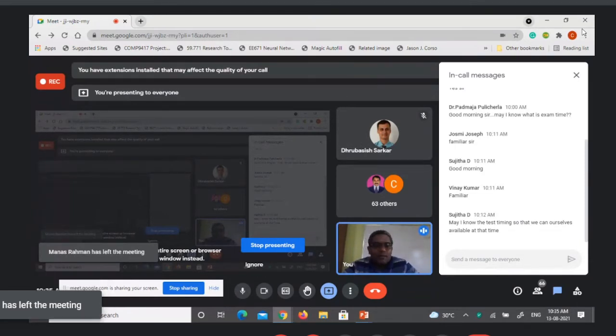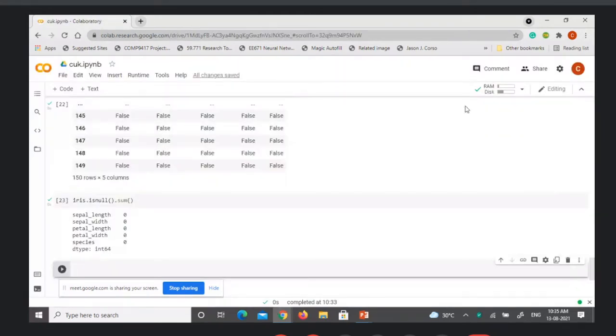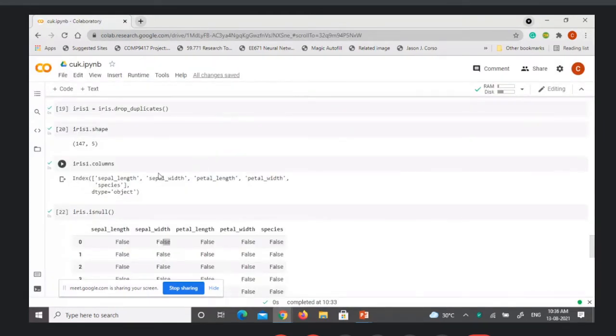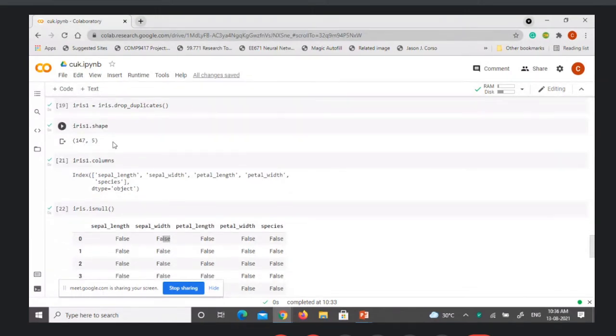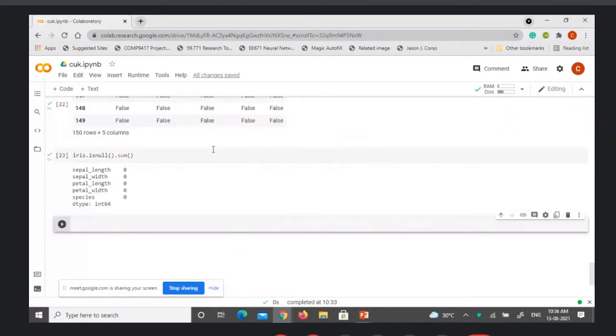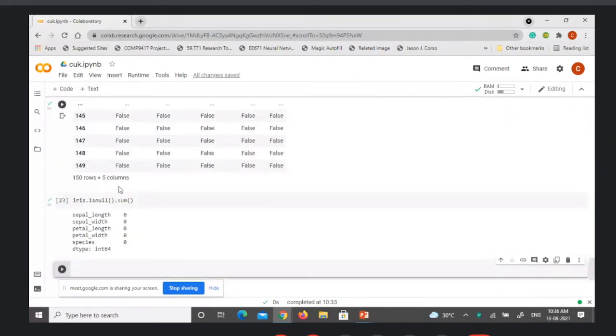After extracting the statistical information, we checked whether any duplicate values are present or not. If there were, we dropped them, and then we also understood that there are no null values present. Now, what will be the next step we can do as a data science expert?